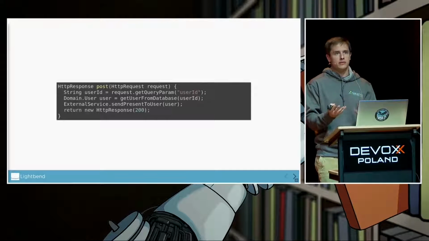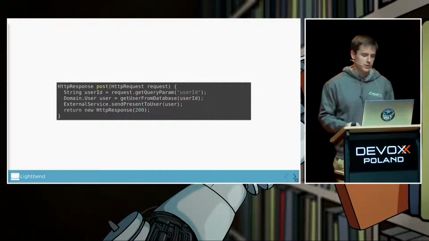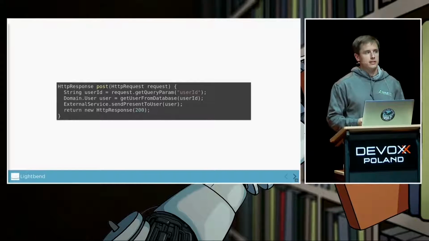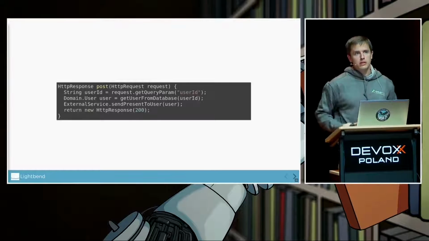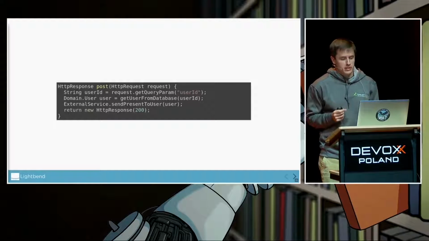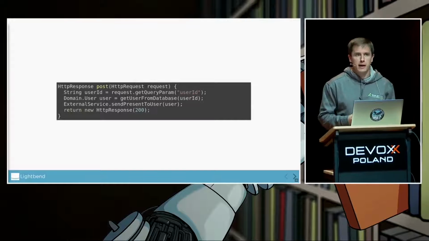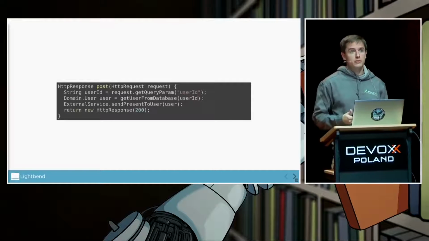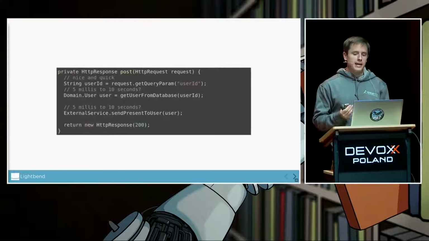We might get some things from the requests, like query parameters, path parameters. We might go to a database. We might go to an external service. And there are two kinds of problems with using this type of execution model. The first is the blocking, which I've already spoken about. So the fact that even though a lot of this is just I/O bound, we're wasting quite a valuable resource, i.e. a thread. But the other is timing out.